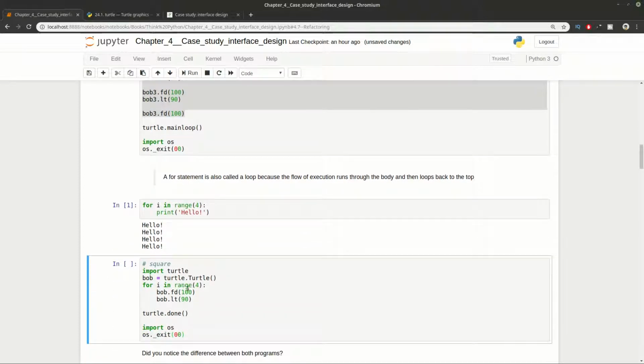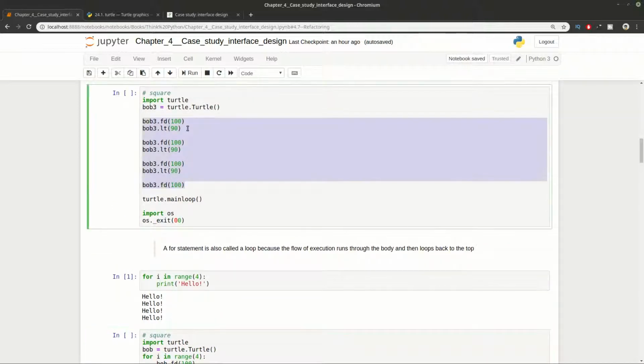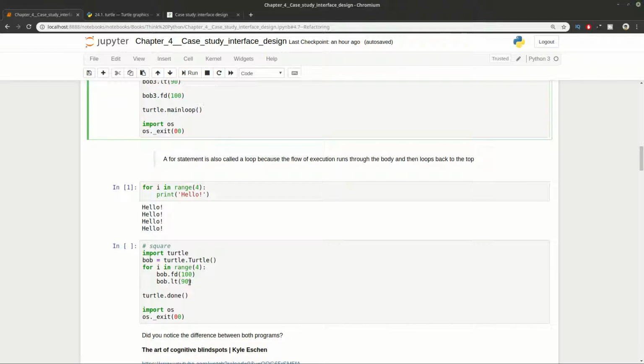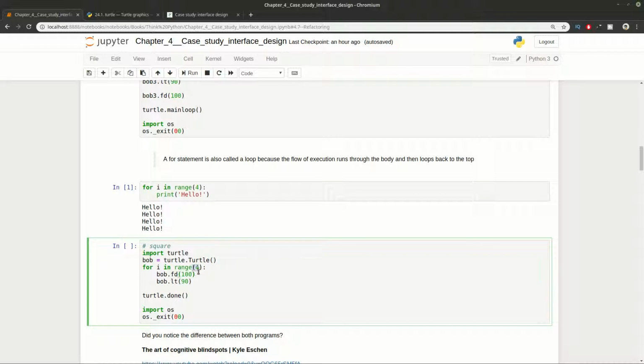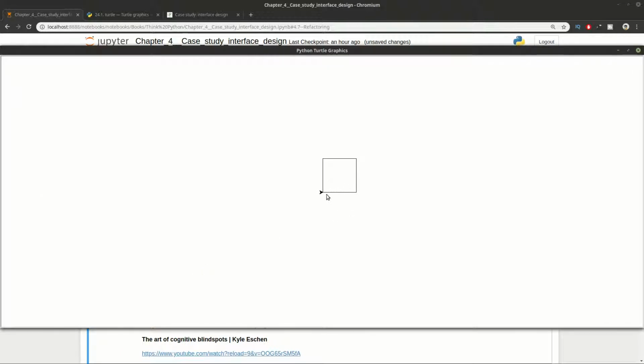Of course, we can reuse this for the same program and draw a square. This is the program. You have all the repetitions from this program put in a for loop, and we're going to run them 4 times because we're saying that we want a range from 0 to 4. And let's check the output. As you can see, we have a square, and here it's important: can you notice a difference between the previous and current execution? There is a slight difference.